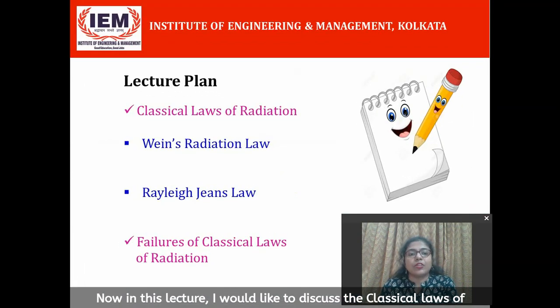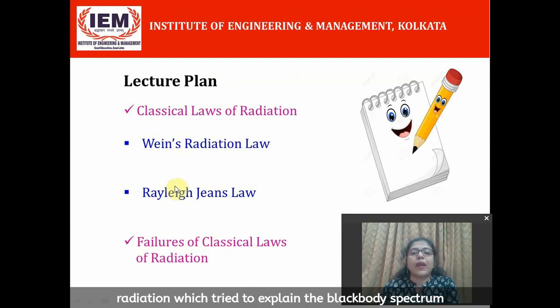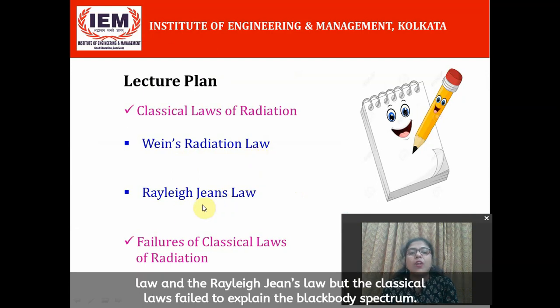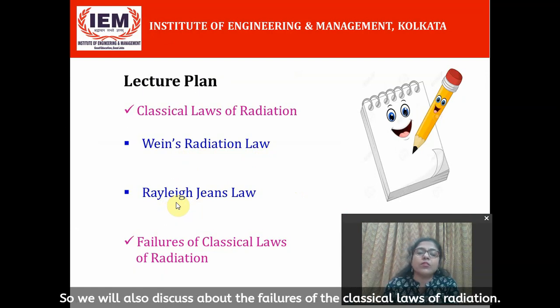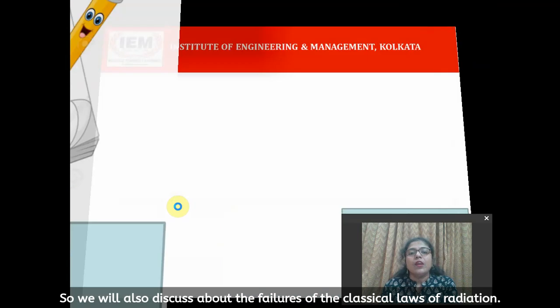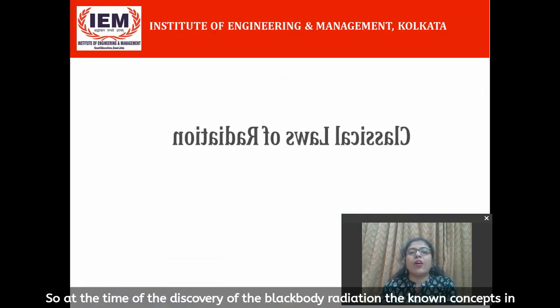Now, in this lecture, I would like to discuss the classical laws of radiation which try to explain the blackbody spectrum, and those are Wien's radiation law and the Rayleigh-Jeans law. But the classical laws fail to explain the blackbody spectrum, so we will also discuss the failures of the classical laws of radiation. So at the time of the discovery of the blackbody radiation, the known concepts in physics